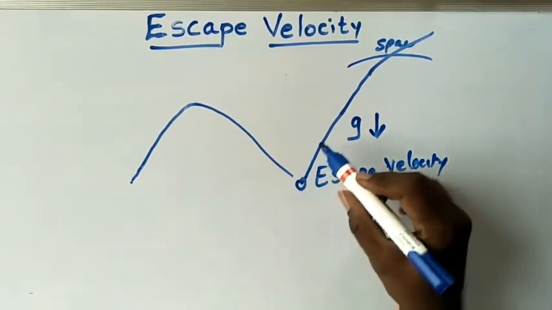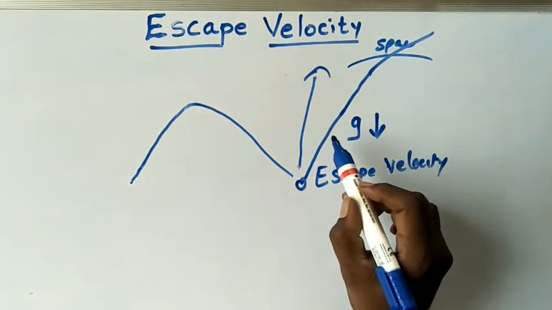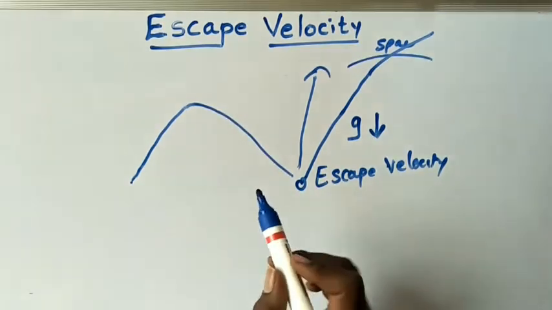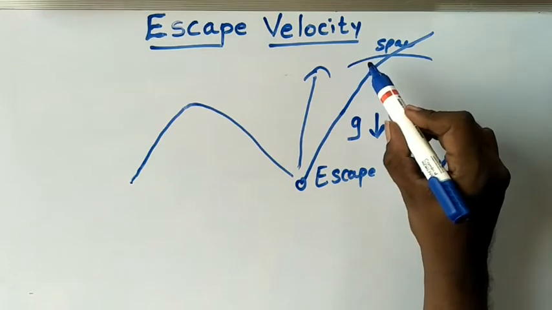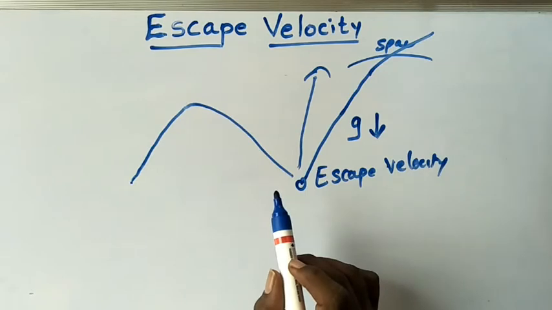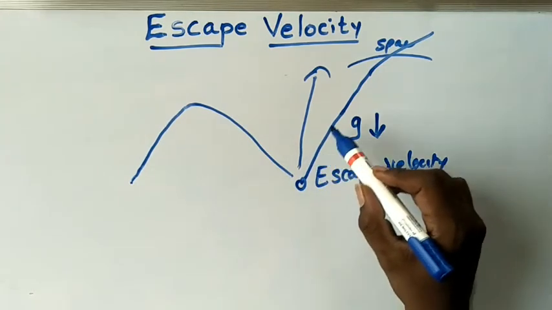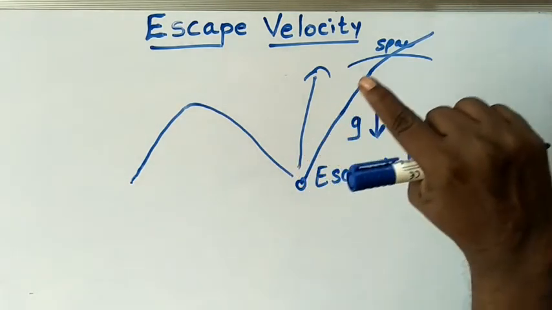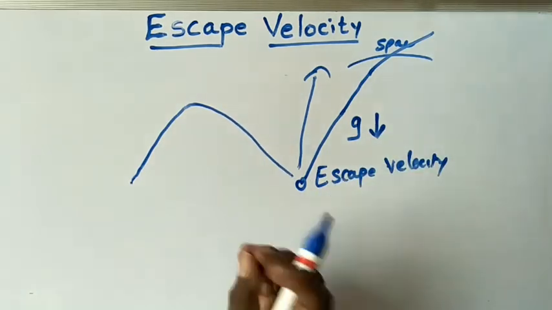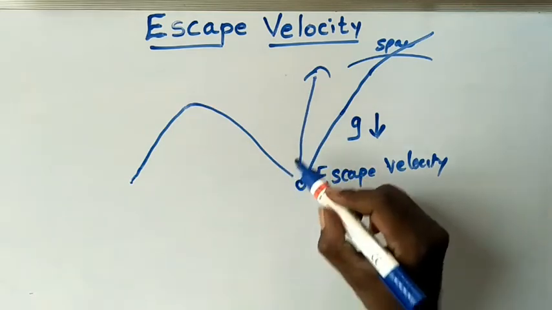Thus, higher the initial velocity, larger is the height reached by the ball. The reason for this is that higher the initial velocity, the more the ball will oppose the gravity of the earth, and larger will be the height to which it can reach. So we have seen above that the value of g keeps decreasing as we go higher and higher above the surface of the earth. Thus the force pulling the ball downward decreases as the ball goes up.